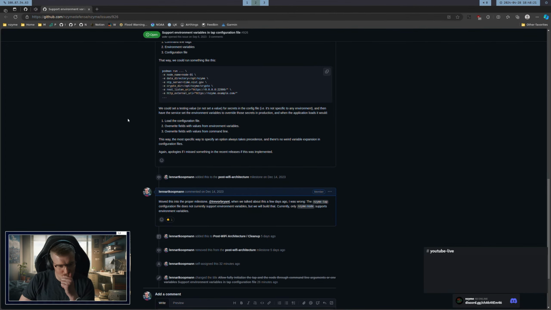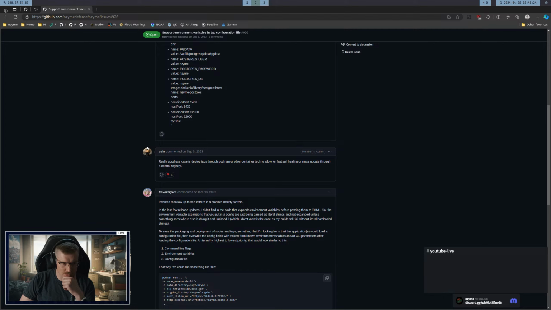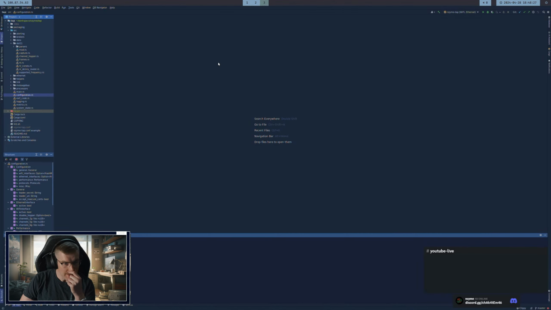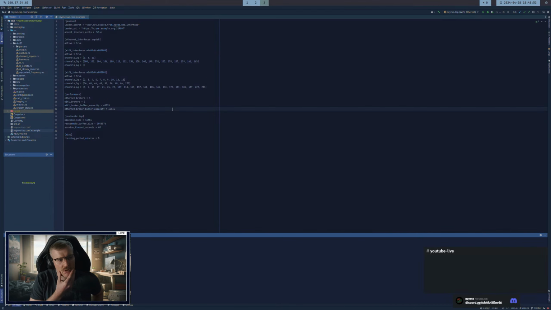But yeah, I think there was a Discord conversation somewhere, I believed that the library that we're using to parse the configuration file would already support this environment variable substitution, but it does not. I was wrong. So we're going to add that. Now we could go and try to add that to the library and make that go back in upstream maybe later. For now, if we look at our example config file here, what we're going to do is we will keep on parsing these things as